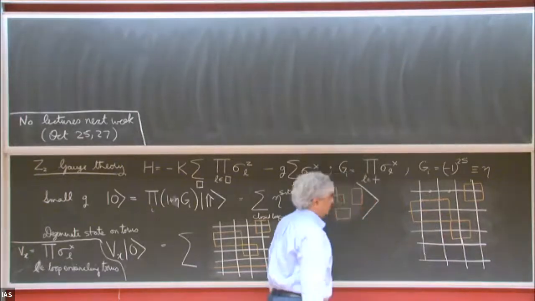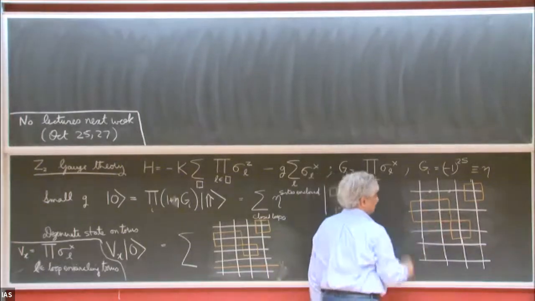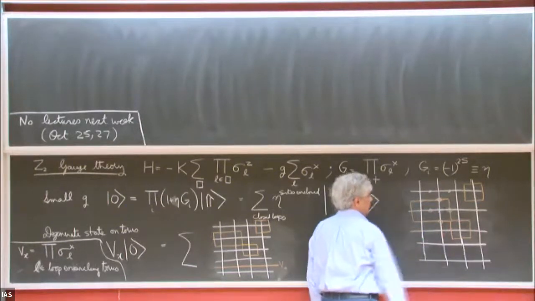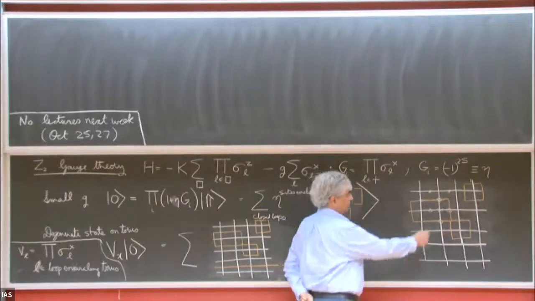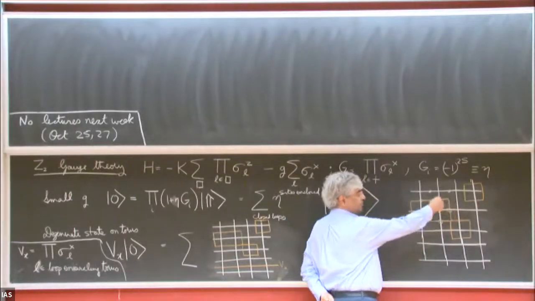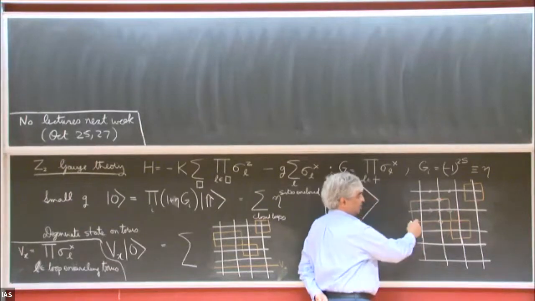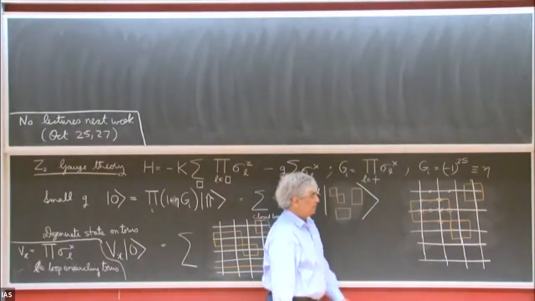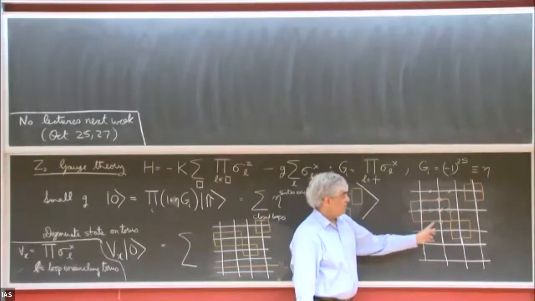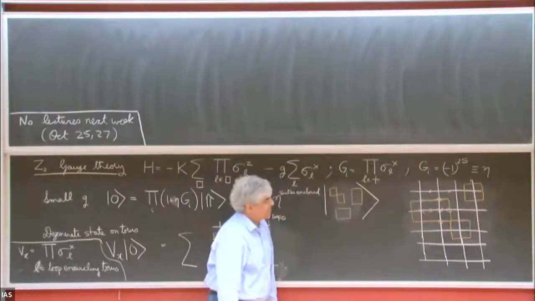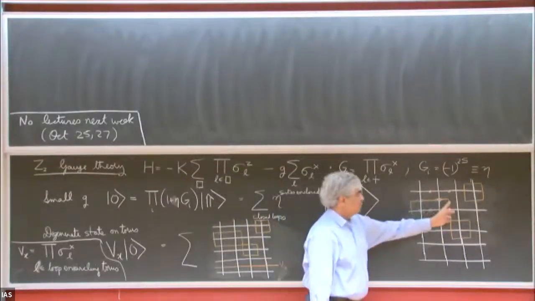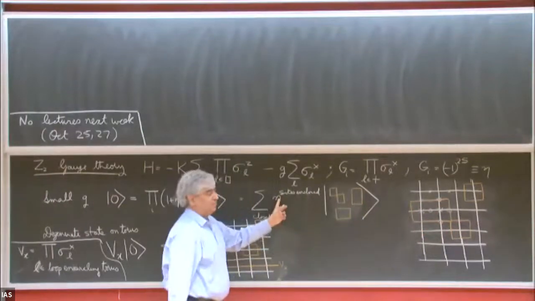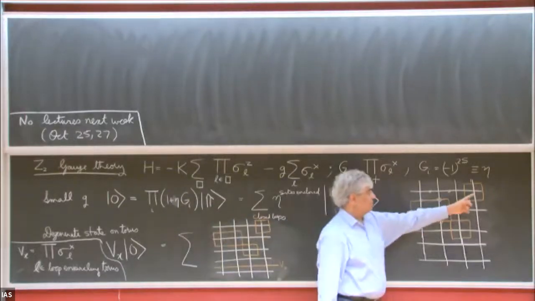So when I hit GI on a given site, say I hit GI on this site, I'm flipping the spin here, here, here, and here. And what I do is I just draw a line through the flipped spin. So for this particular rectangle, I've hit GI on this site and on this site. And the net result is that this spin is not flipped, but all the spins on the orange line have been flipped, and so on. And this particular loop includes 2 factors of GI, so it contributes eta squared to this prefactor. This would contribute eta,